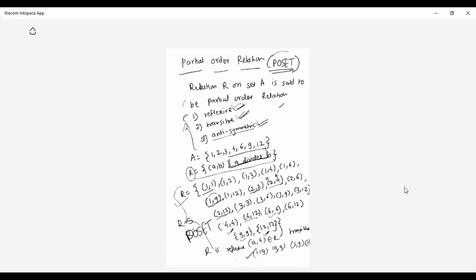Now, this relation is also denoted by the less than or equal to sign, that you need to remember, student. Less than or equal to is used to represent the poset. So this is all about the definition and the example of poset.